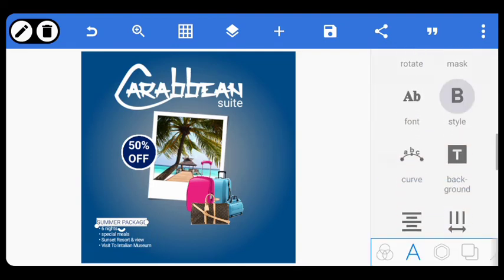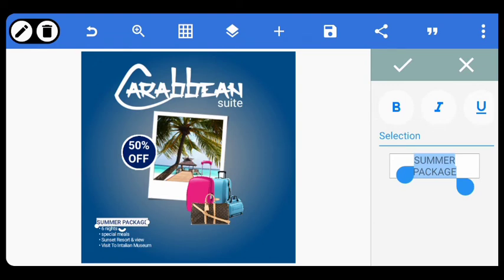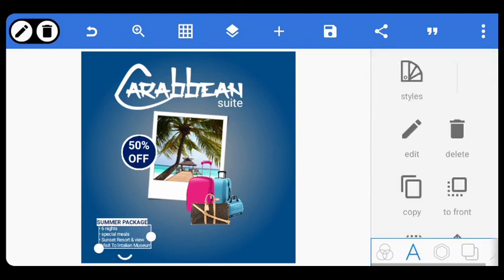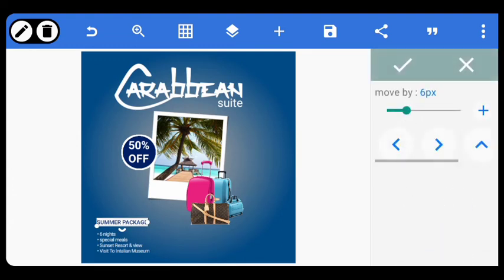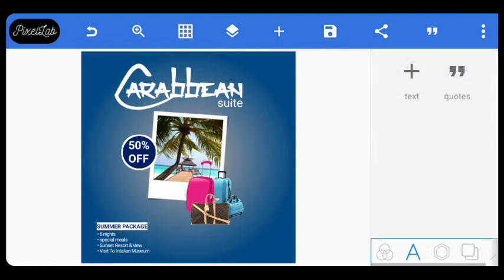Then you can make the text bold. Yeah, something like this. Bring this down a little. Bring this down. Bring this one down too. Okay. So there we have it. Now, with this being done,